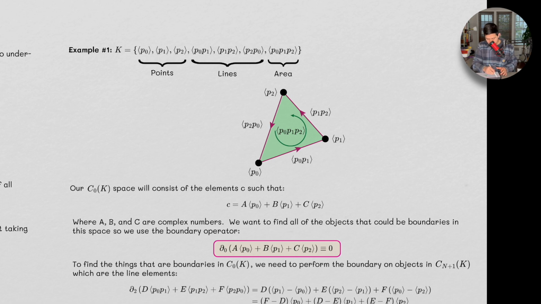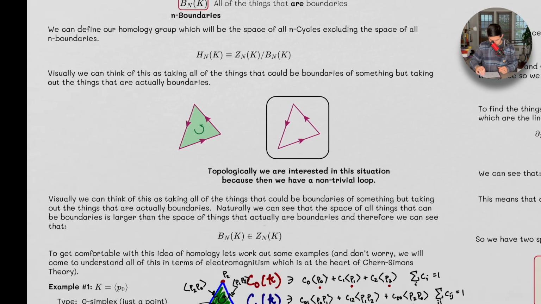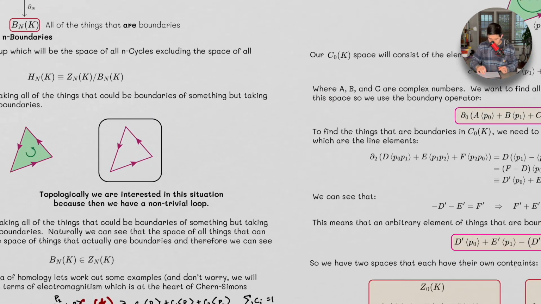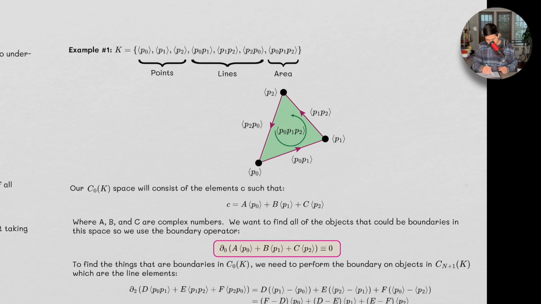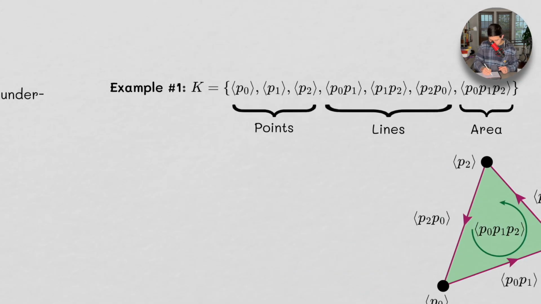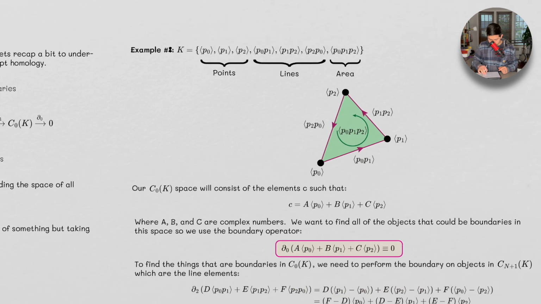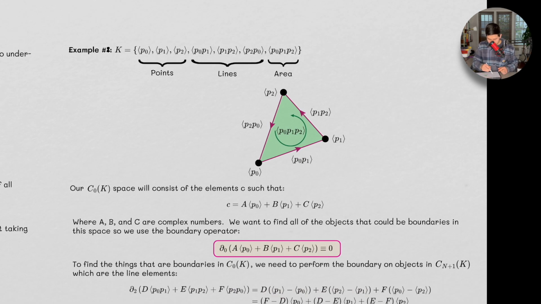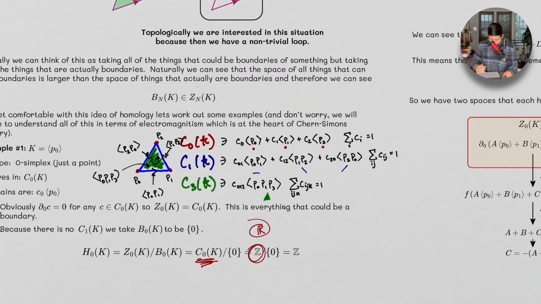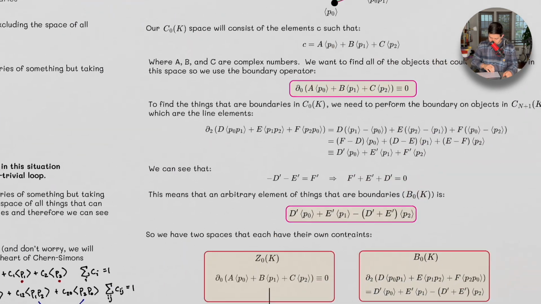Okay, so let's take another example. So this is example 2, right? Because this was example 1. So example 2, we have these guys, right? So these are our points, these are our lines, and this is our area. So we kind of talked about this already in our recap, so we might be able to fly through this